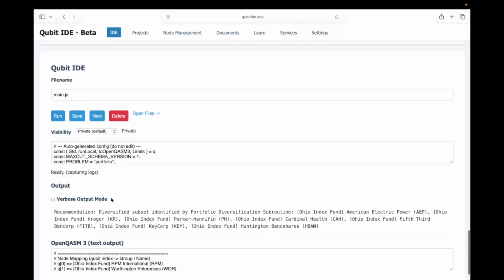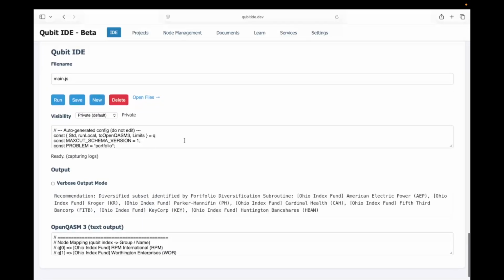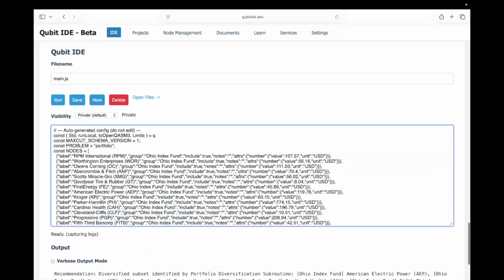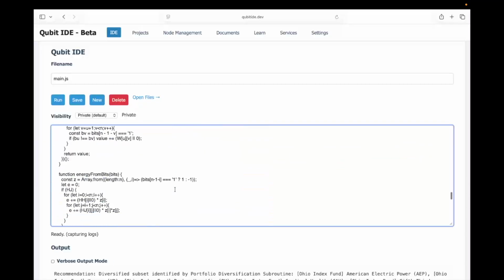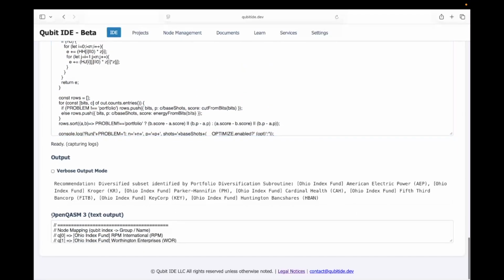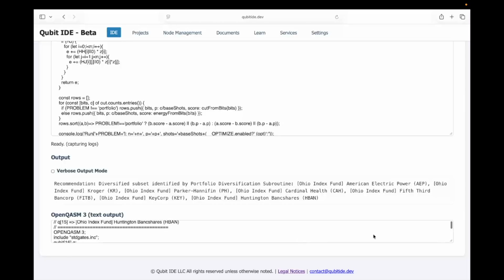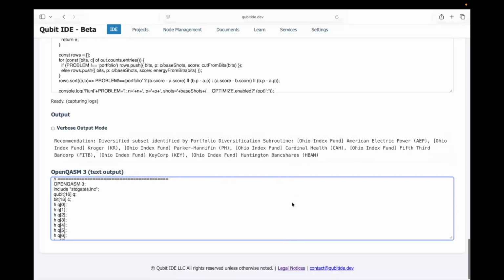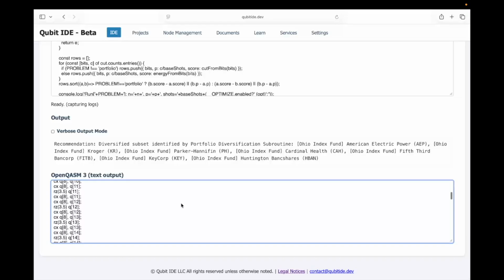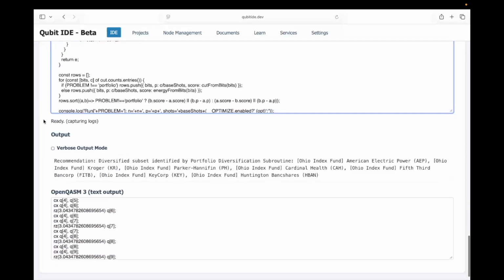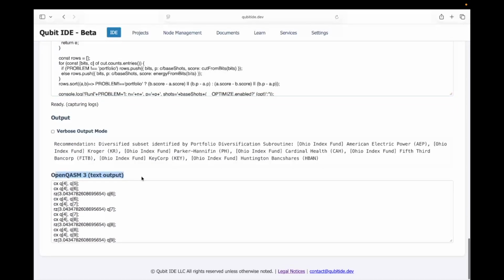So what happens here is that it's done its simulation and you have a bunch of code here. You can study if you like. You have your nodes here, bunch of stuff happens. And an important thing here is that it outputs OpenQASM 3 code. So OpenQASM 3 is a quantum assembly language. And if you have something that can actually run this, then you can try copying and pasting this and seeing if it runs well. In the future, I'm hoping to have it to where you have directly JavaScript to quantum computing output. But for now, this is all just simulations, so you can hopefully learn about stuff with quantum simulation